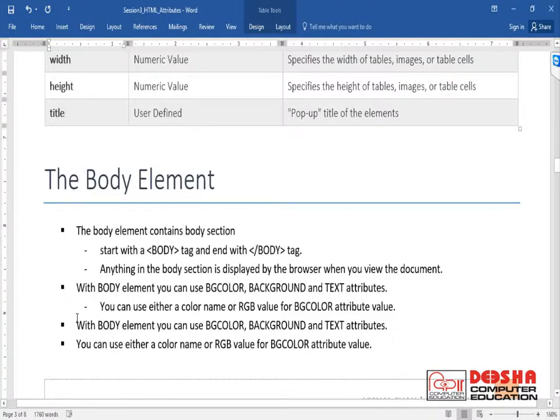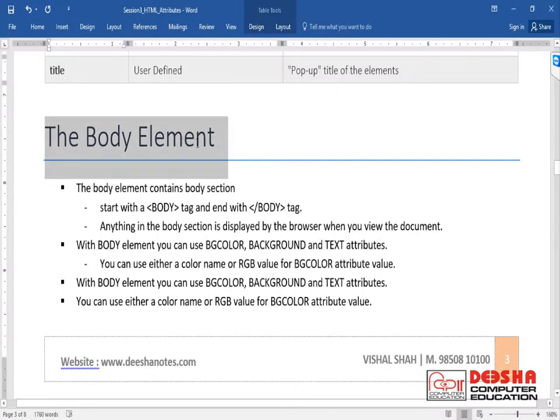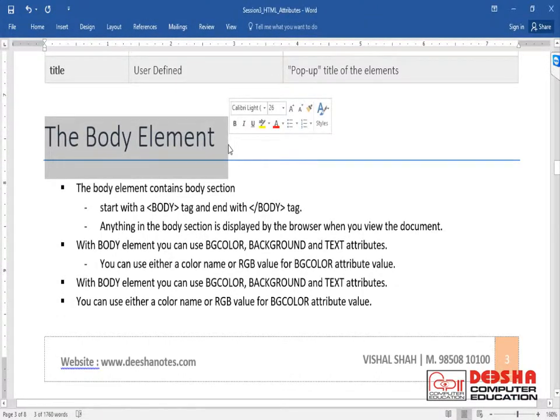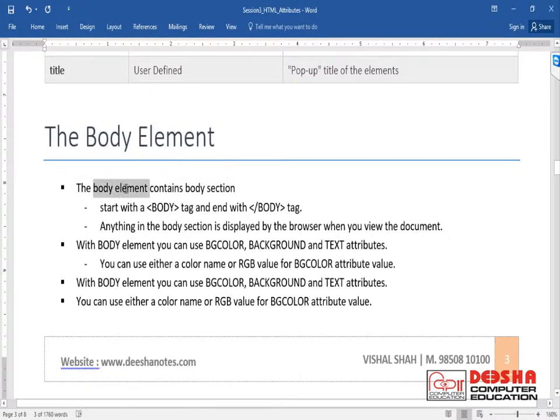Right now, today we are going to understand the body element in depth, and we are going to discuss all the attributes of the body element. We know the body element contains the body section, the actual document that we view on the browser as a web page. The body element starts with the body tag and ends with a /body tag.